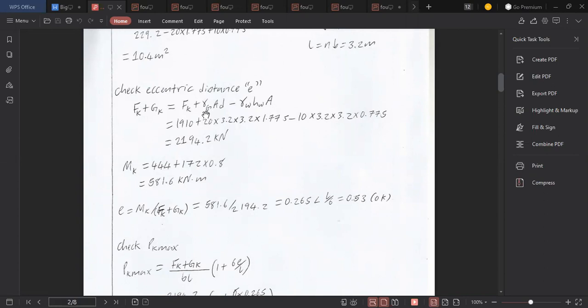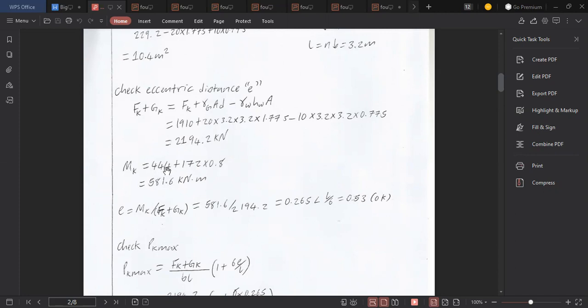For us to find that, Fk plus Gk, we have this formula. Again, gamma G is 20, the area A, D for embedded depth, gamma W is 10, gamma H is the distance from the water table to the bottom of your foundation, or just say the distance to the water table, which is 1 minus your embedded depth, and the area again. So this is F plus G. Then MK